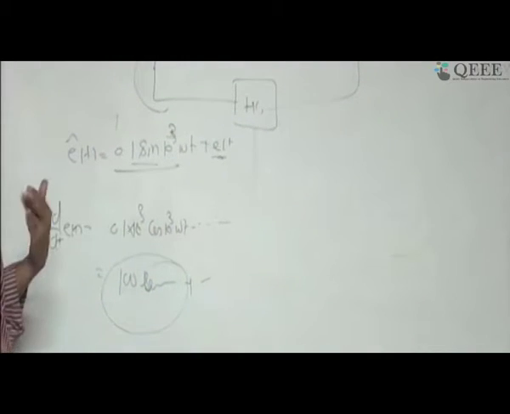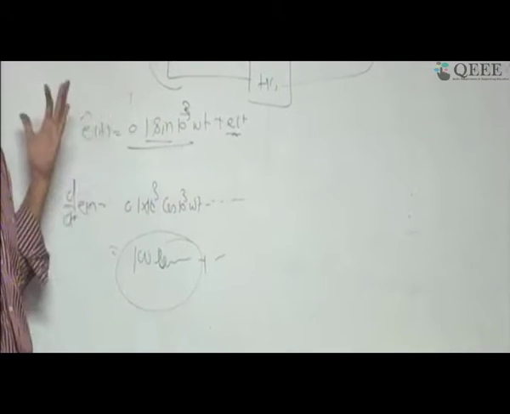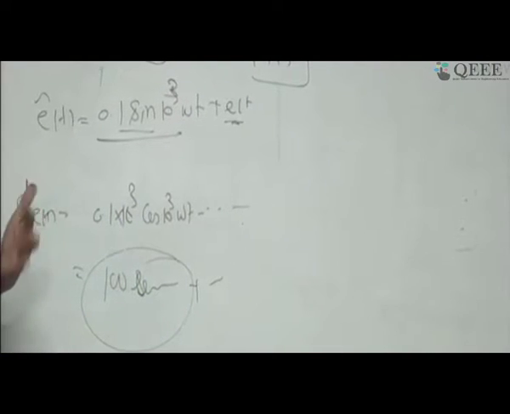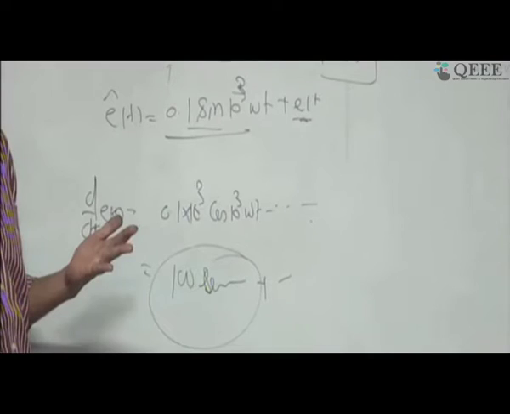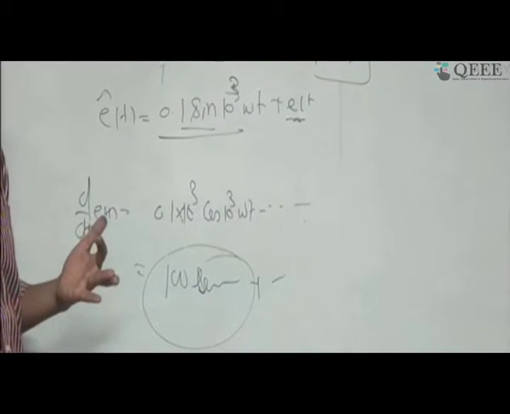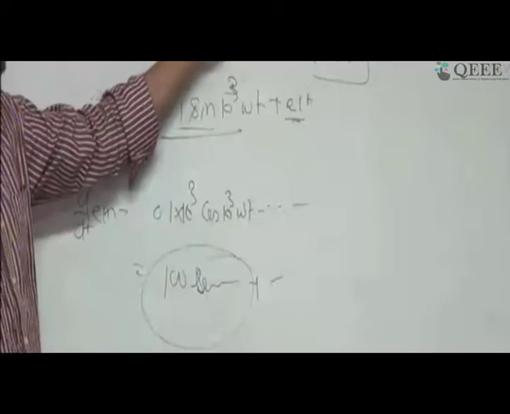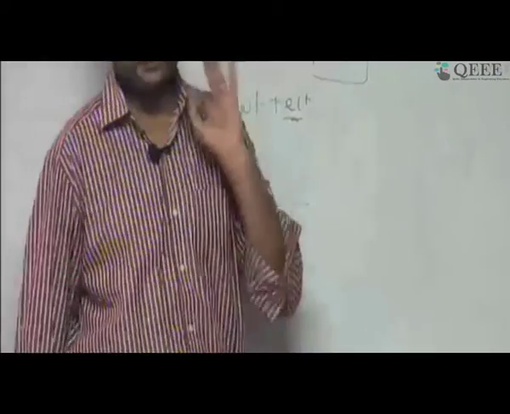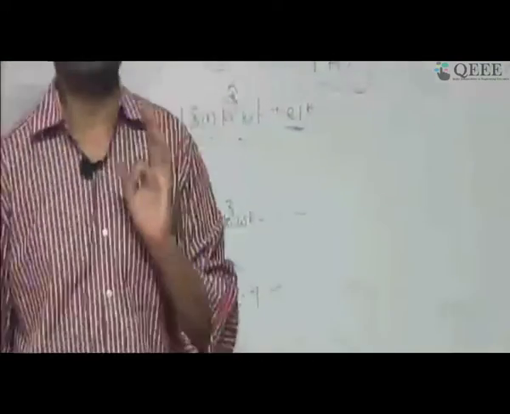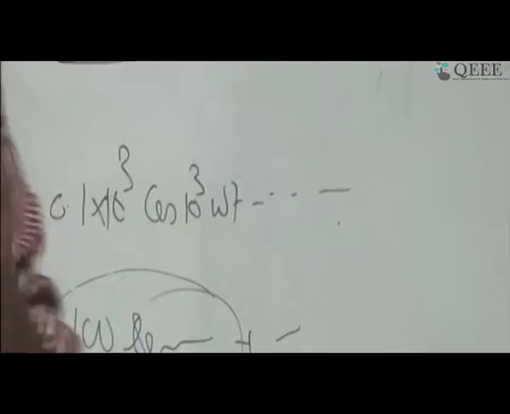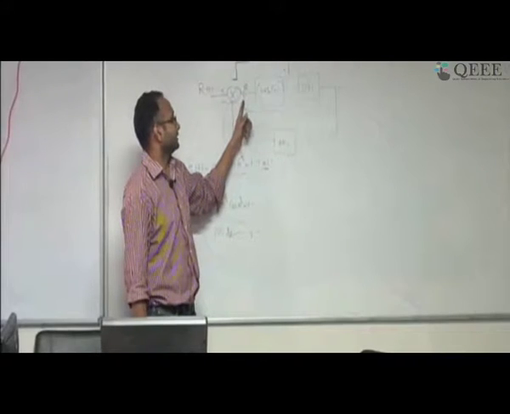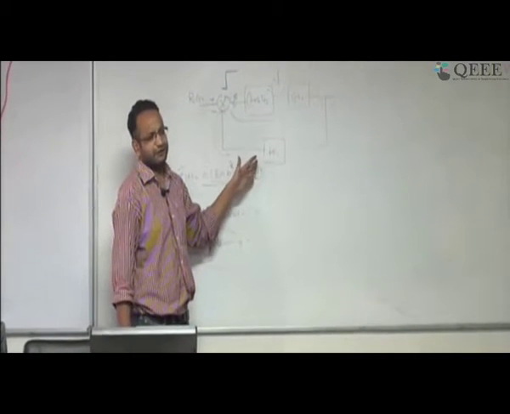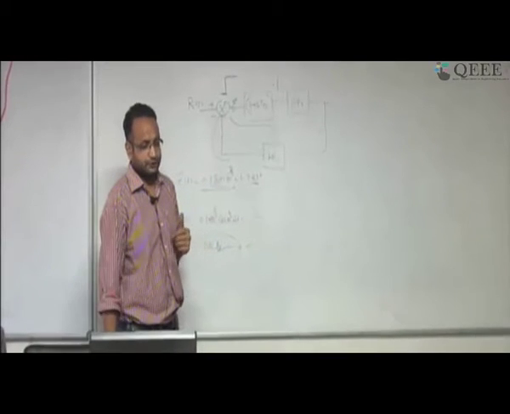You might have studied in several other courses that a derivative is otherwise a high pass filter, as those who have studied signal processing know. The derivative is a high pass filter; it emphasizes the high frequency components, and typically noise is a high frequency component that gets emphasized, and once this big term comes, it is going to spoil your plant. That is very, very crucial, and one has to worry about it when using a derivative controller. So some people make sure that noise does not enter at this part. They apply some kind of low pass filter, and some solutions have already been proposed in this aspect.